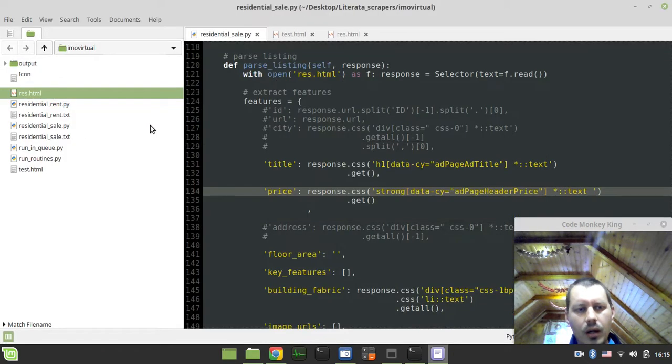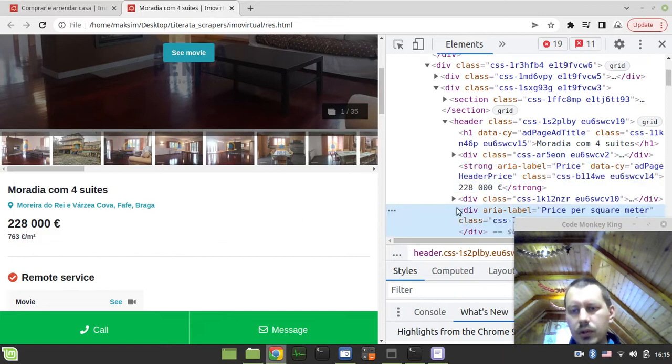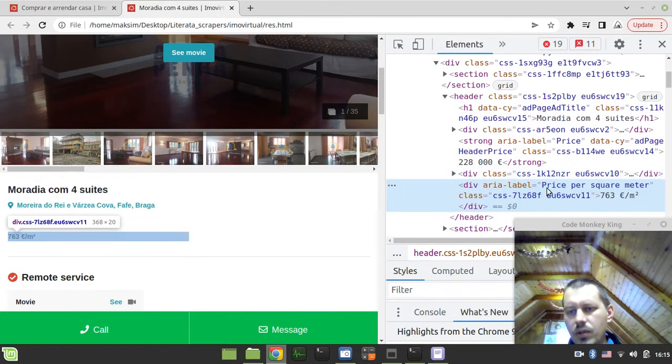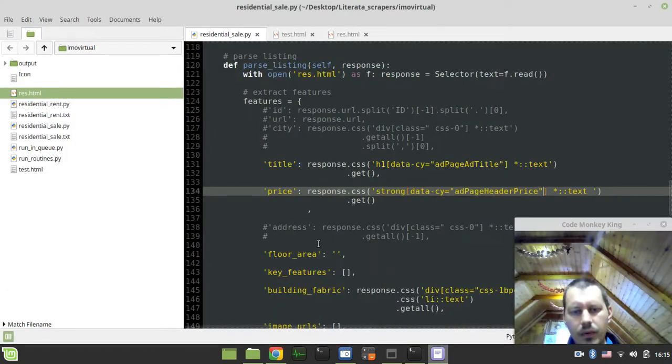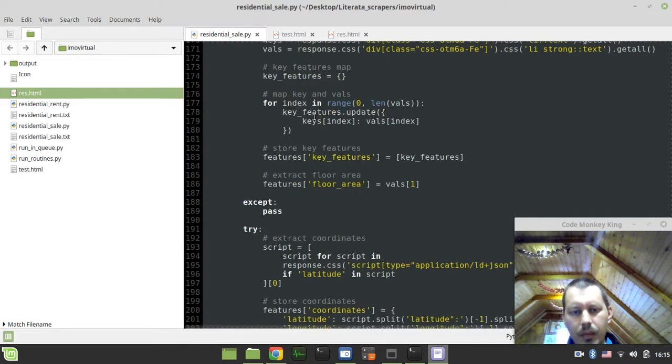It seems like okay. Let's go for floor area, if any. So this is the floor area. Let's see, and again, the same, or is it? Area label. Yeah, this is the div. So floor area might be available or might not be available.